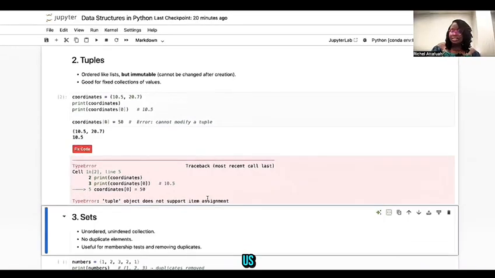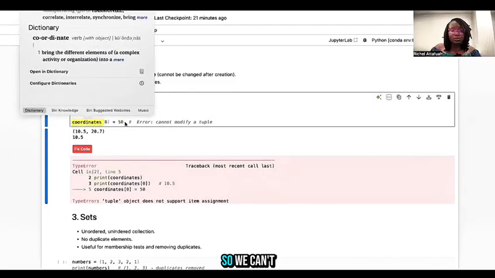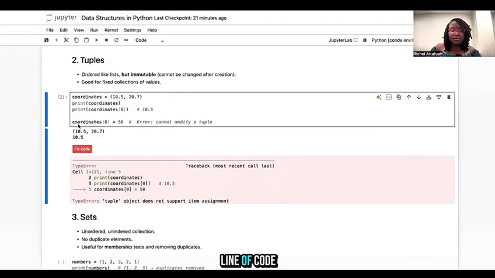It's telling us tuple does not support item assignment, right? Because you cannot mutate it. You can't change it. It's immutable. So this is something that cannot work, and we can't run this line of code. So I'm going to use a hashtag over there, which is like commenting it out,